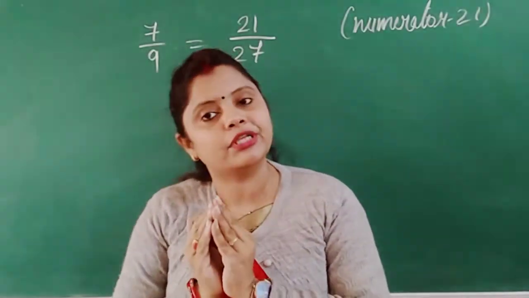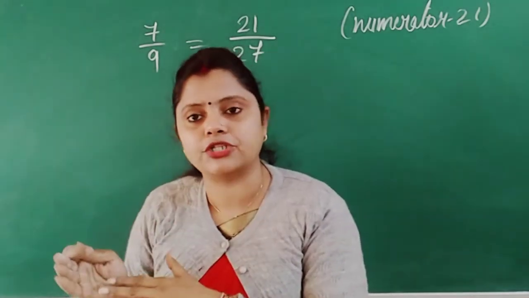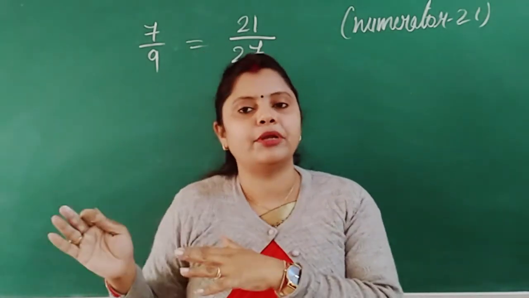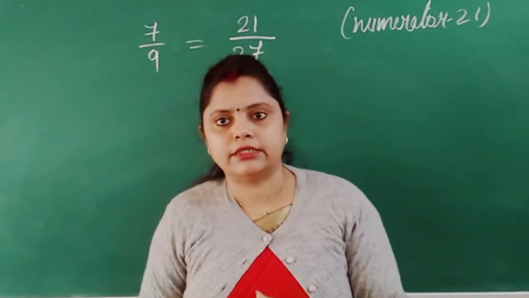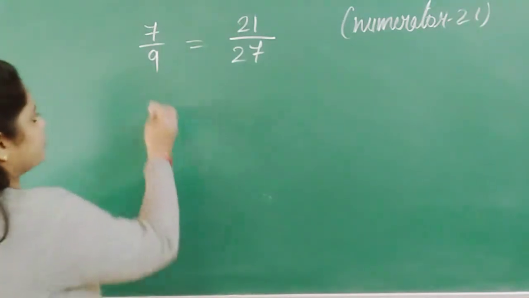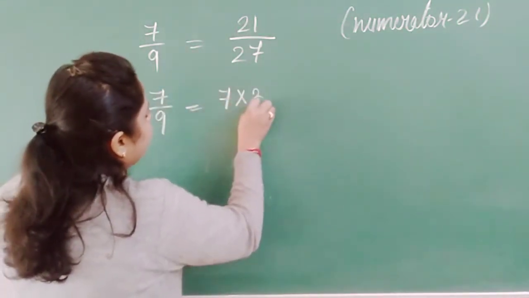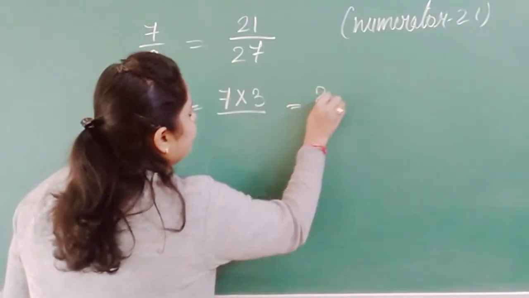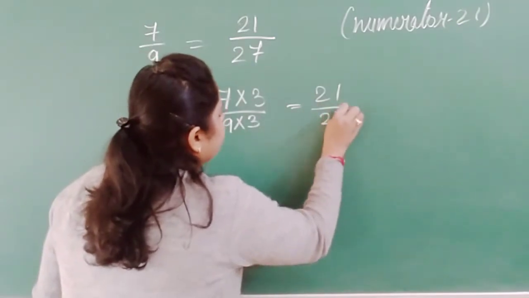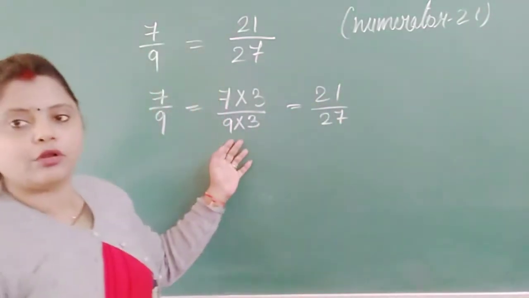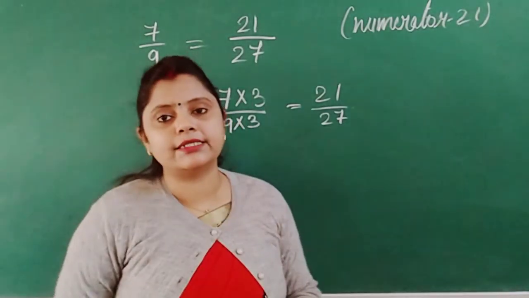So if in any question you see that a fraction is given and they have told you to write an equivalent fraction, and what numerator and denominator they want is given, this is the way you can proceed. You can also write in this form. Suppose it is written like 7 by 9. We know that we have to multiply by 3 to get 21. So here also we have to multiply by 3 and we will get 27. So you can follow this step and write the answer in this way. So this is one example I have given.